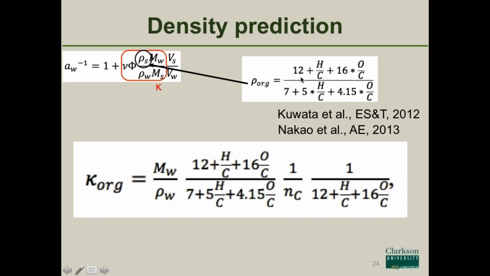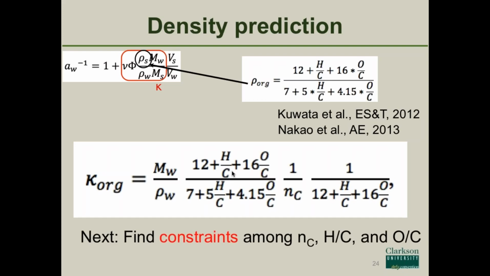By plugging in this number, kappa of organic compounds can be predicted based on H2C ratio, O2C ratio, and number of carbon. So effectively, if you know the empirical formula, you can predict kappa organics, as long as you limit your target to the water soluble phase. The next step forward is to find constraints among these quantities: number of carbon, H2C, O2C. As long as you know these three quantities, you can calculate kappa,